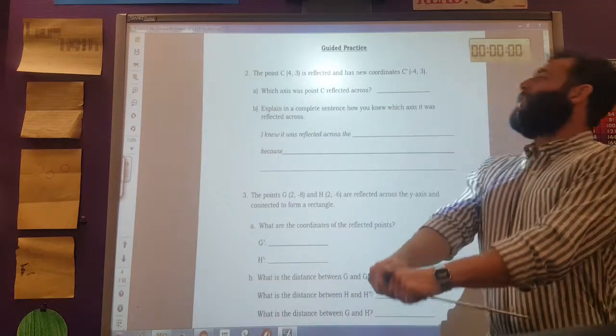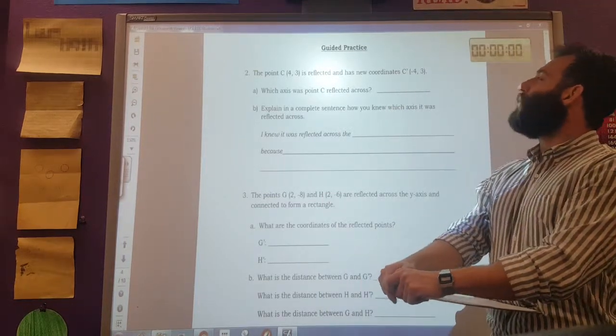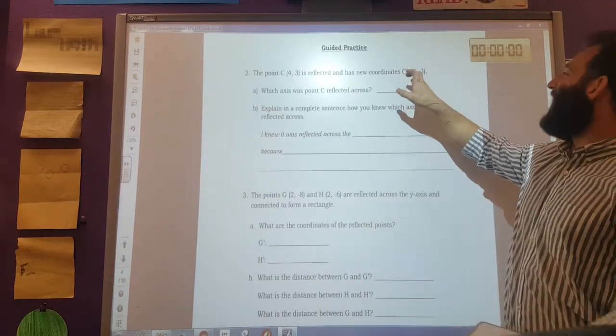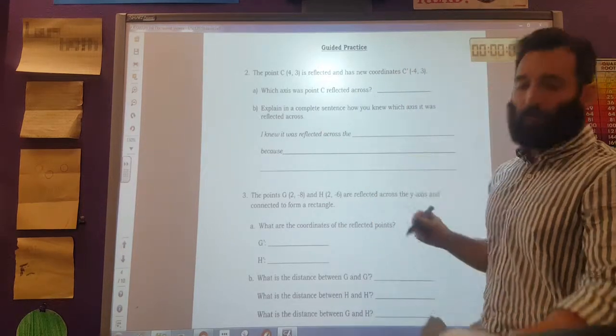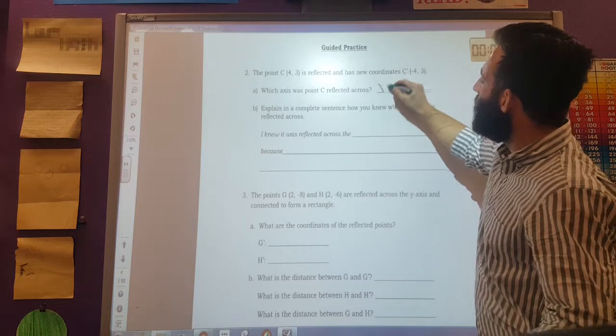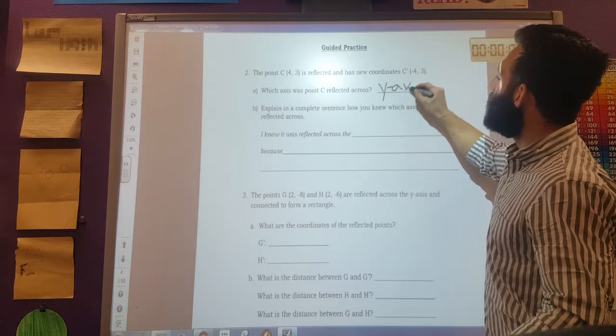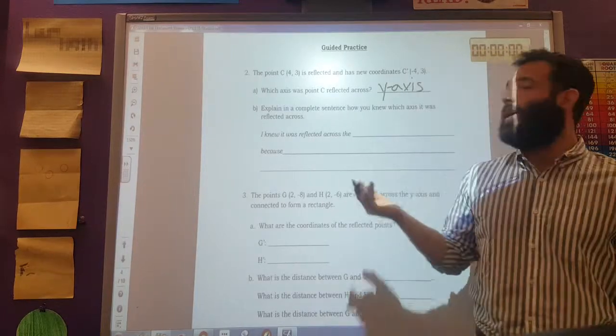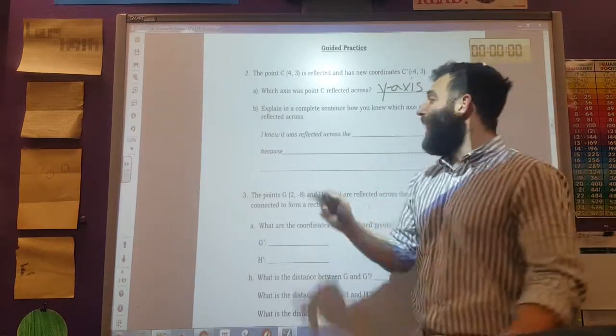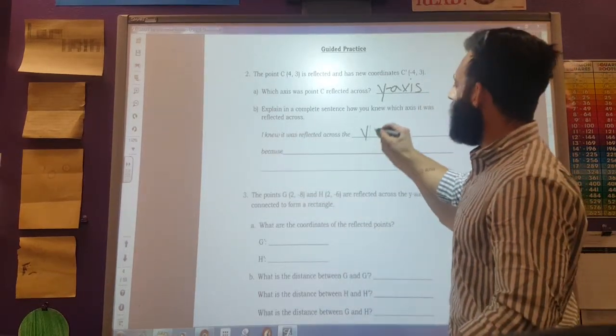The point C, (4, 3), is reflected and has new coordinates of C1, which is at (-4, 3). Now, which axis was point C reflected across? It was the y-axis. Now, some of you might be asking, Mr. B, how did you know that? Well, I knew it was reflected across the y-axis